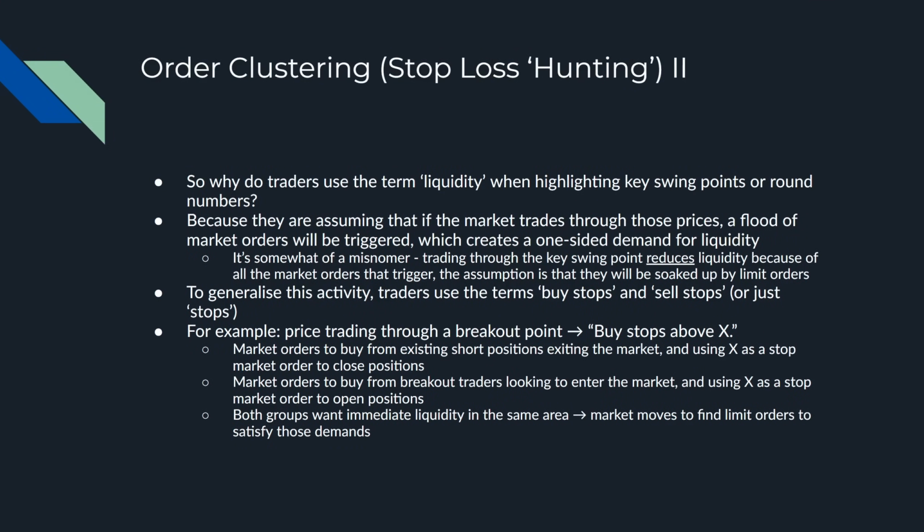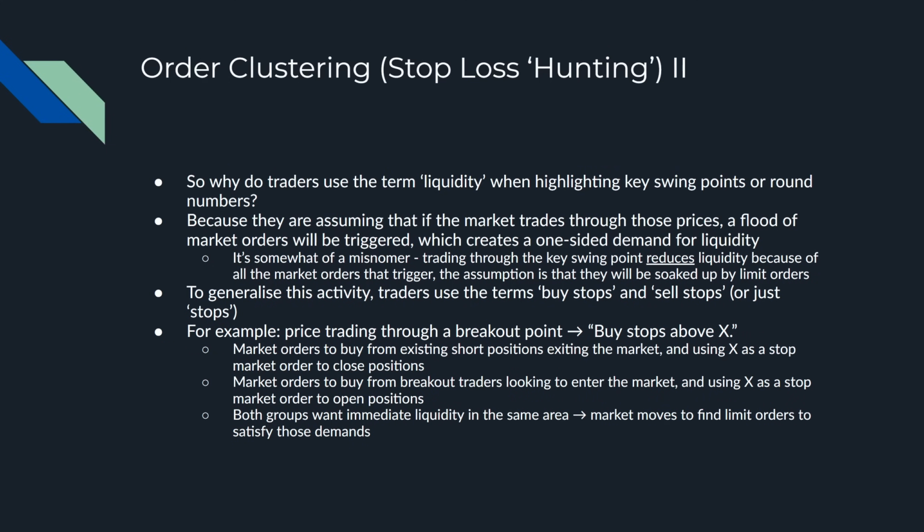Now, going back full circle to the crypto Twitter version, why do traders use the term liquidity when highlighting key swing points, round numbers, whatever it may be? Now, the answer is they're assuming that if the market trades through those prices or those key swing points, a flood of market orders will be triggered, which creates a one-sided demand for liquidity. So as a result, it's a bit of a misnomer, because as we know, as price trades through those key swing points, the flood of those market orders creating a one-sided demand for liquidity actually reduces liquidity,